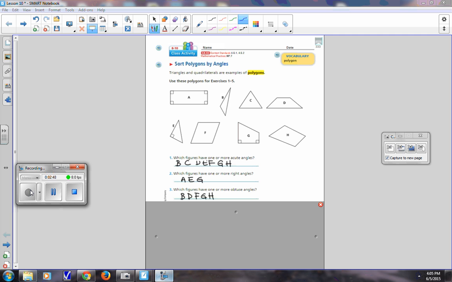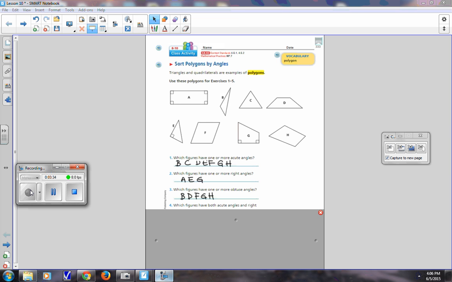And let me show you what these obtuse angles are. So right here is an obtuse angle. Right here and right here is an obtuse angle. Right here is an obtuse angle. I believe that this is an obtuse angle, and this is an obtuse angle. And in H, it would be right here. So you see, obtuse is greater than 90 degrees, and it doesn't have to be in a designated spot. It can be anywhere in the quadrilateral or